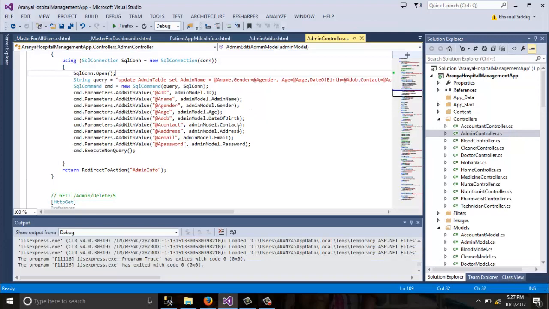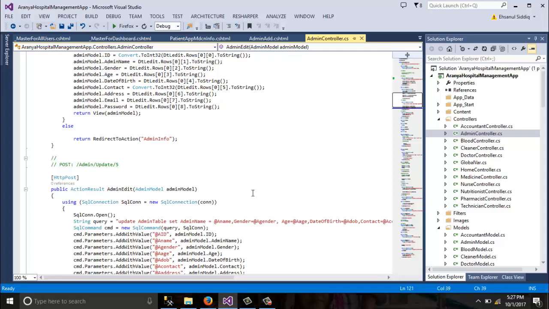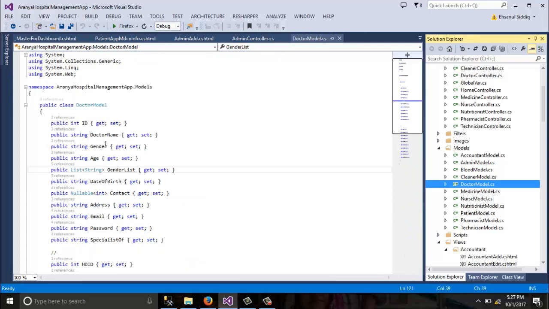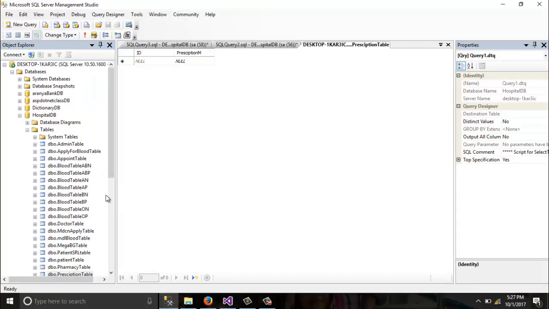I have designed and developed the pages with MVC, which is Model View Controller, and the model is actually the database-related part. When you are adding a doctor model here, you have to take some variables, which are doctor ID, doctor name, doctor gender, doctor age, and so on. It was added as a drop down list, and you can add contact. You can control whether the database is nullable or not from the model. You can control the database from here, and here are some database